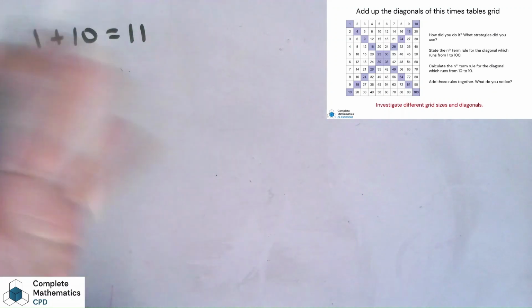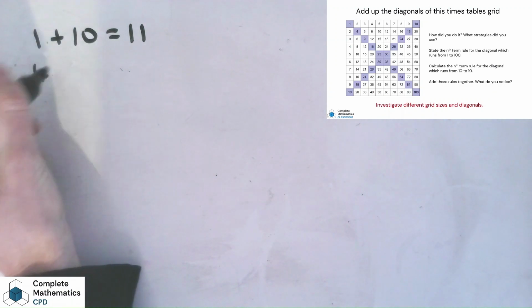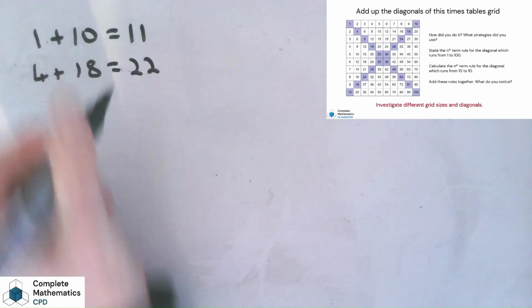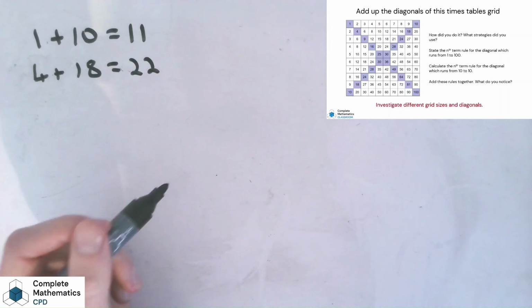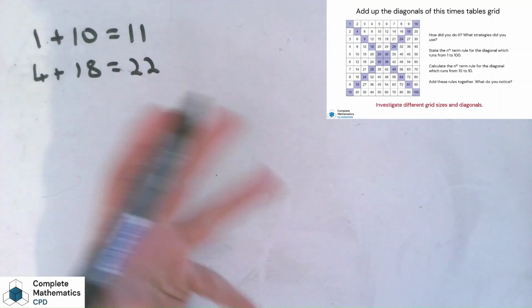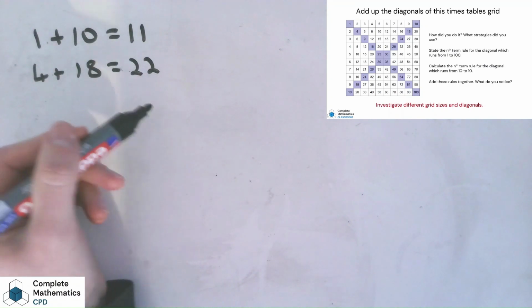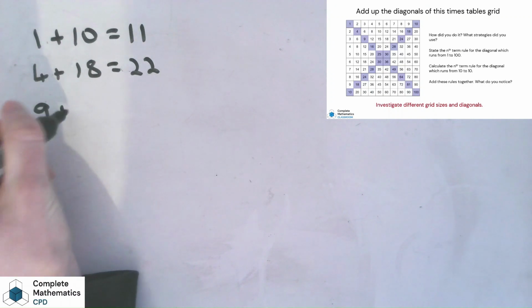Nothing to spot yet, so let's try the next one, which will be 4 plus 18. And straight away, hopefully, pupils will notice something at this stage. So we've got 11 and 22. So we're talking about the 11 times table, and the 11 times table is quite important for this whole task. The third row, well, we're going to predict now, or make a conjecture, that it's going to be 33. So we get 9 plus 24,